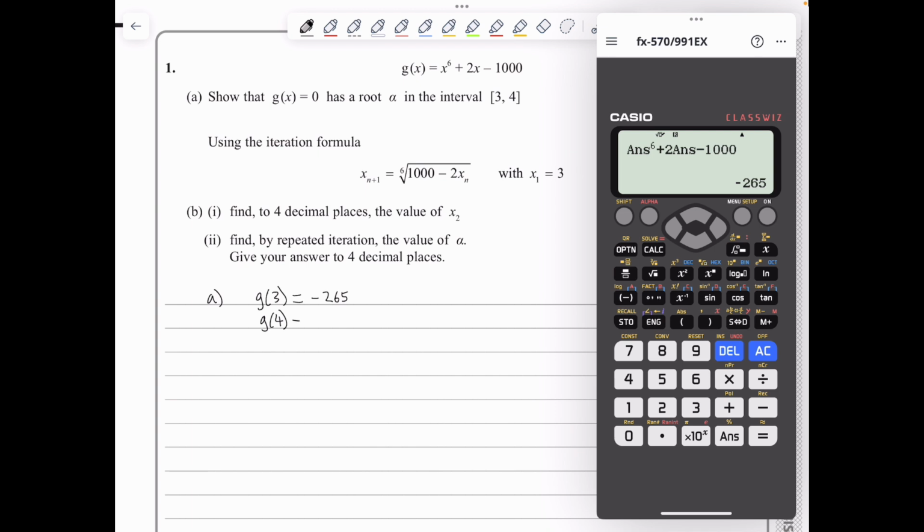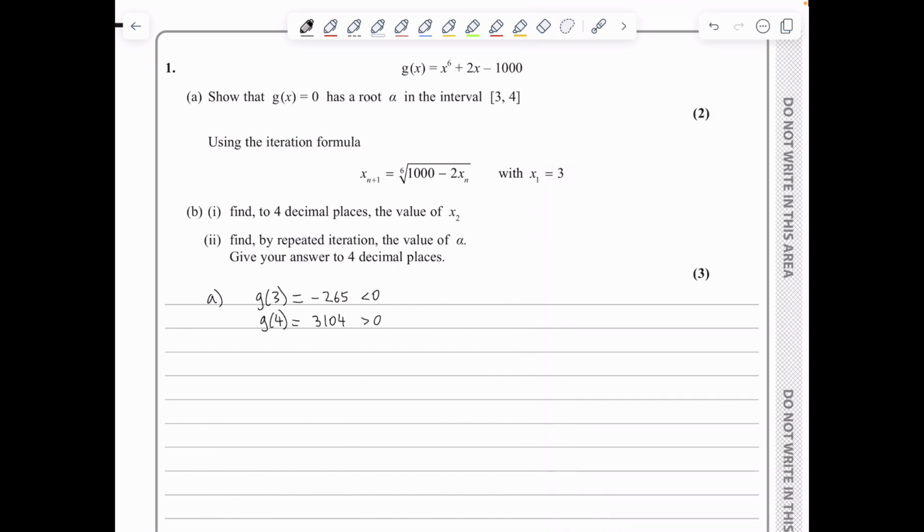So all I'm going to do is press 4 and equal. I've just stored the 4 on my answer key. I press the cursor up to obtain the previous expression. I press the equal sign. I get 3104. So we see that g of 3 is less than 0 and g of 4 is greater